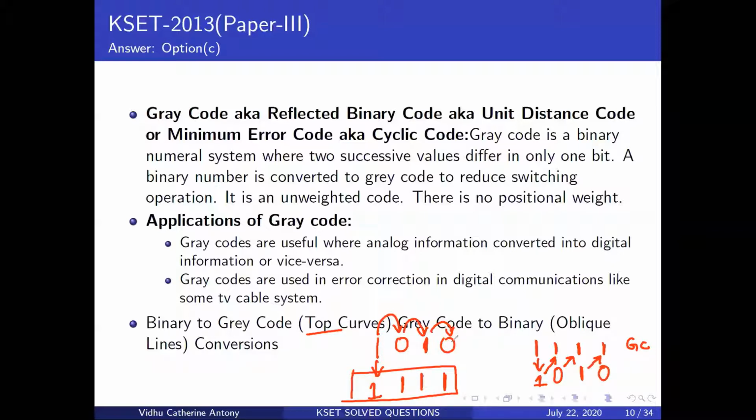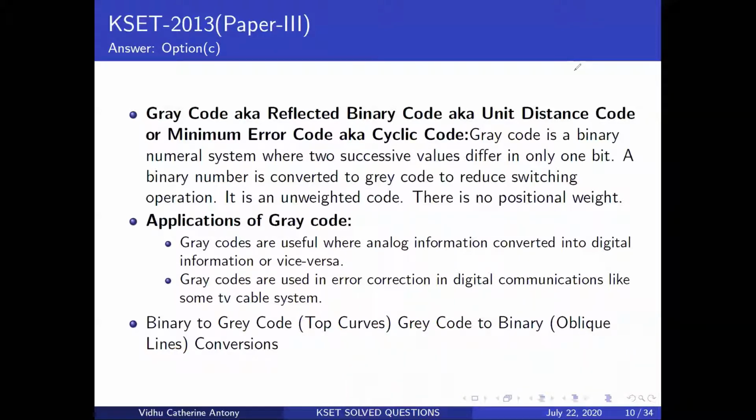So you know that you've kind of verified it both ways. So this is going to give me my binary. The reason I say this as oblique lines is because you basically add the oblique lines, and what you do here is add the top curves. So that's how I remember it. This is not there in any book. That's just something that I used to remember for gray code and binary.